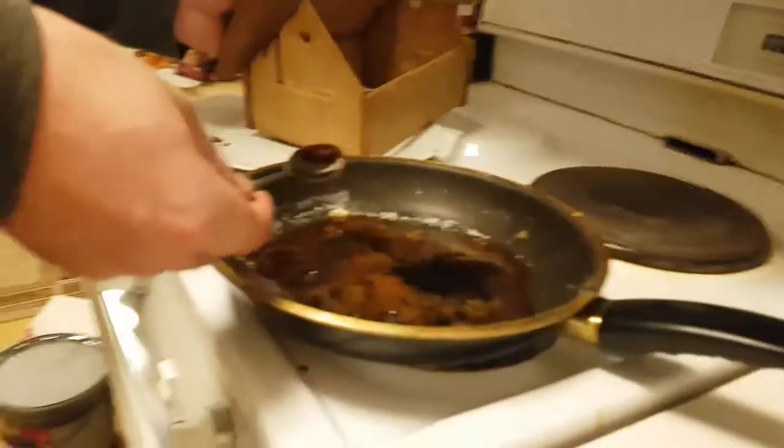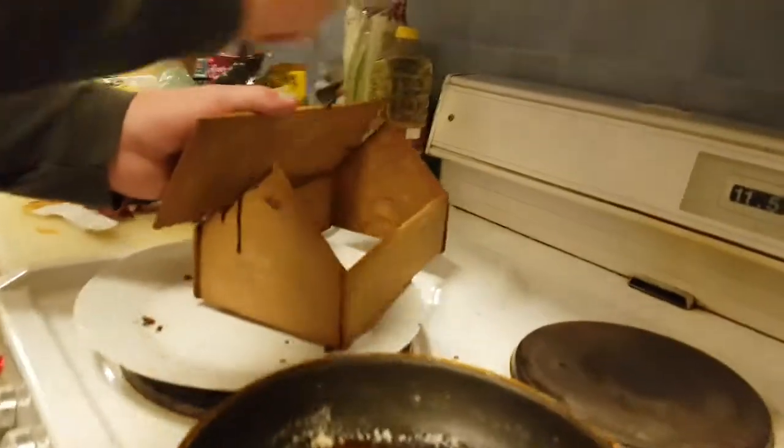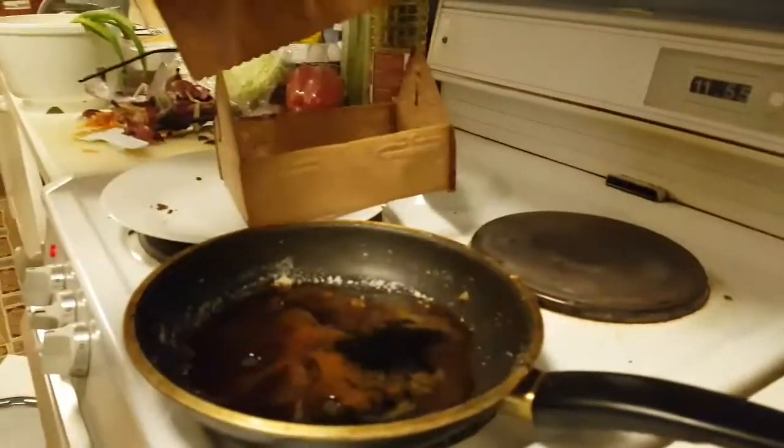Let me show you here. Put water here, and you put water over here, and then you